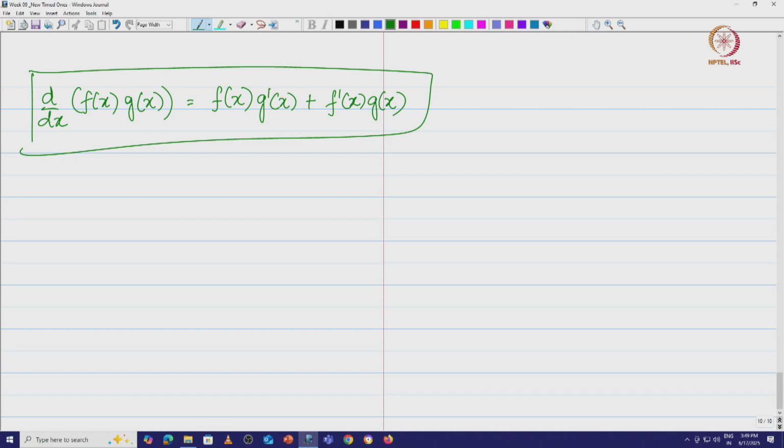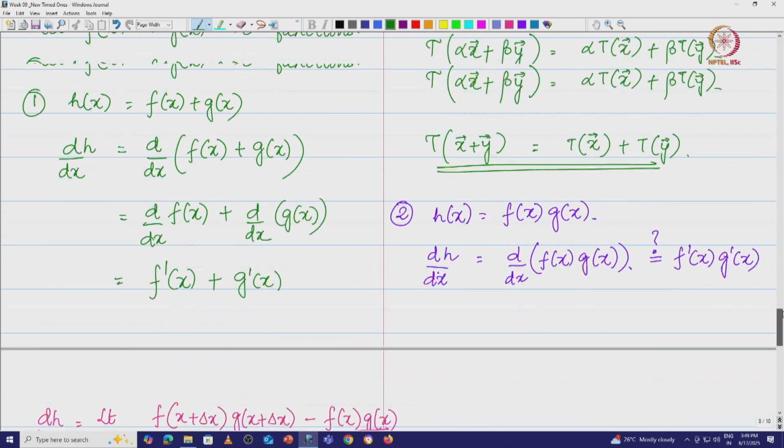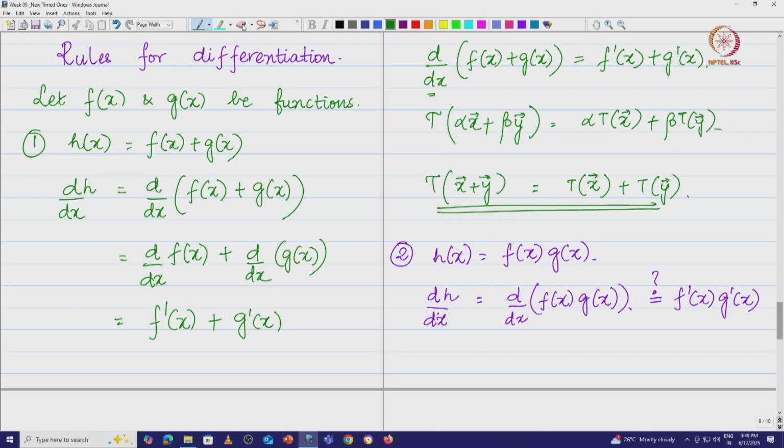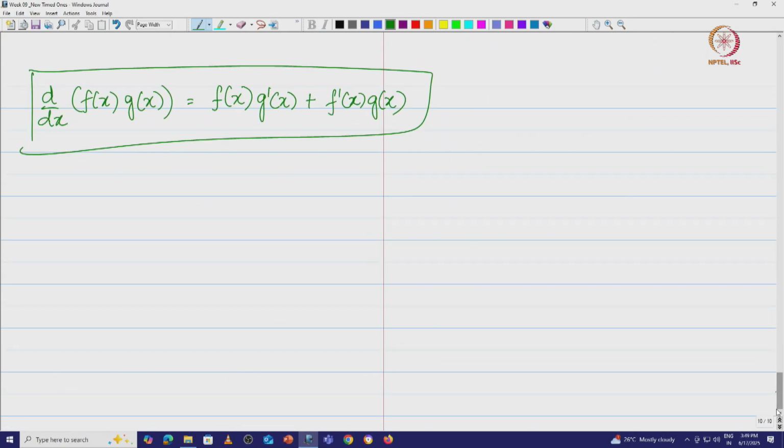So, we asked a question: is the derivative of a product equal to the product of derivatives? Sadly it is not. So, we are going to say that this is not equal to this. The question that we had, we are going to say, look, do not make this mistake, it is not going to be equal. Of course, you have your quotient rule and so on. What we will do is not look at those, but we want to focus on something more important. Let us just make a mention of the quotient rule here.